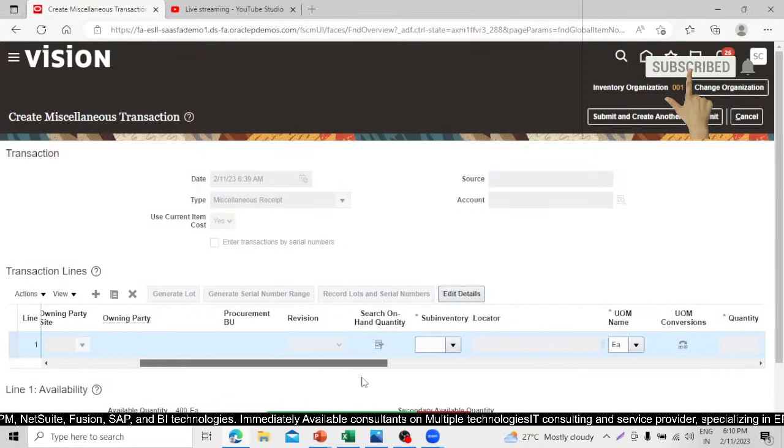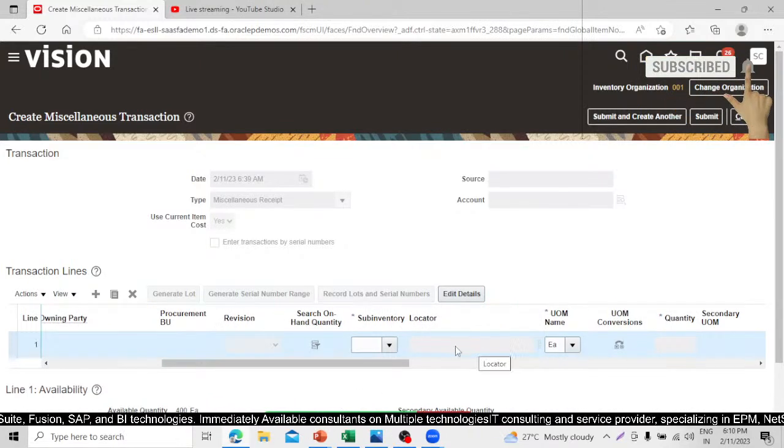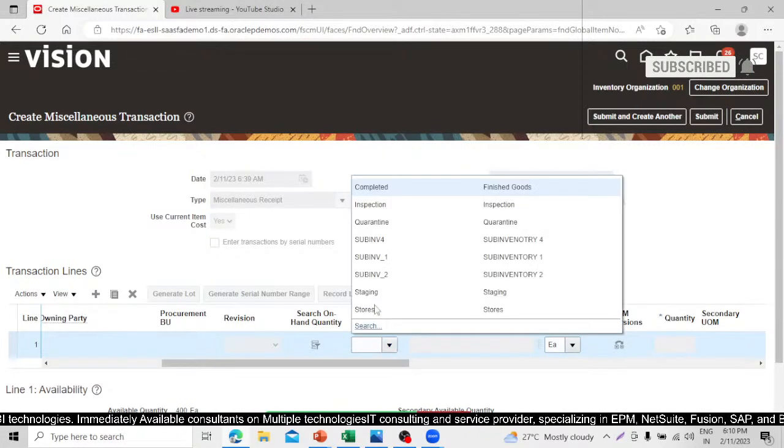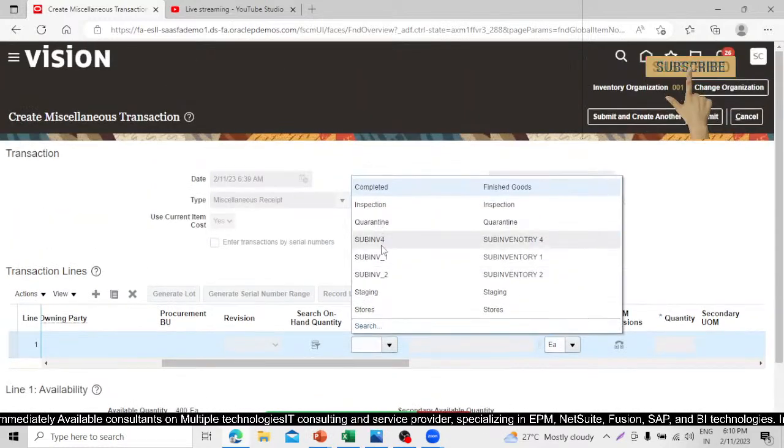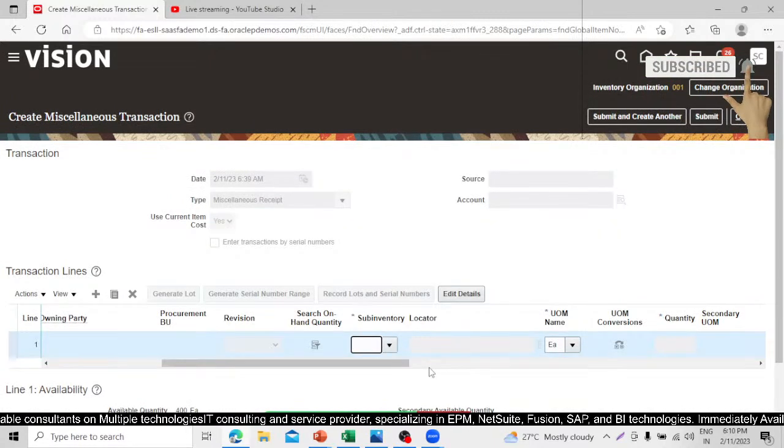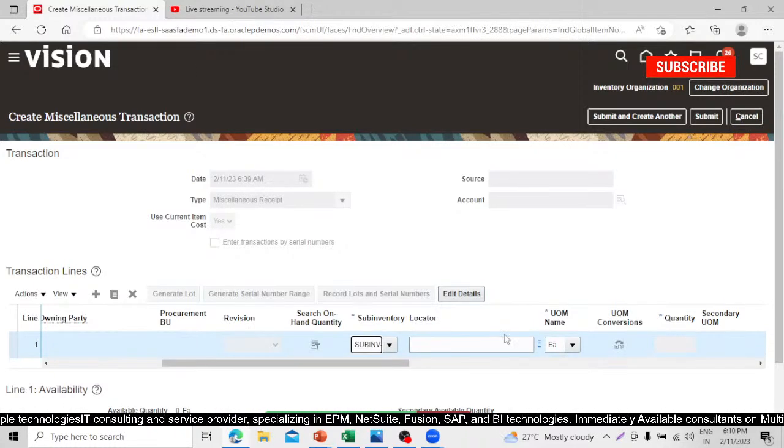Now we have the locator disabled over here. Let's select the sub inventory. Now we don't have this sub inventory. Yes, we have the sub inventory SUBINV4. Click OK. Yes, the locator you can see gets enabled over here when we select the other sub inventory,